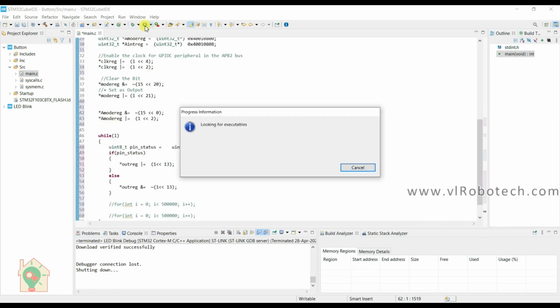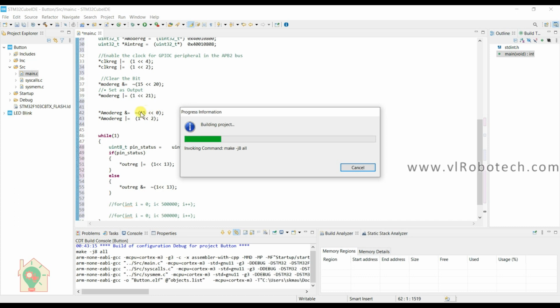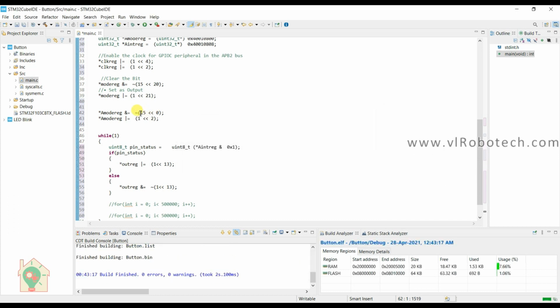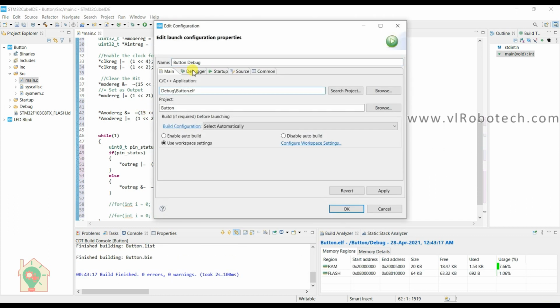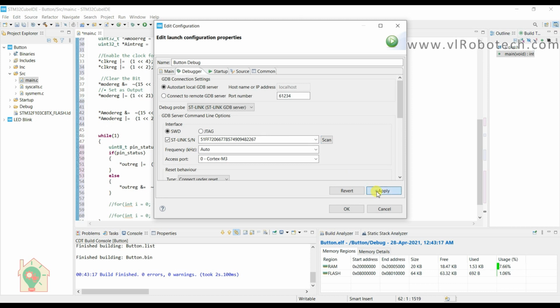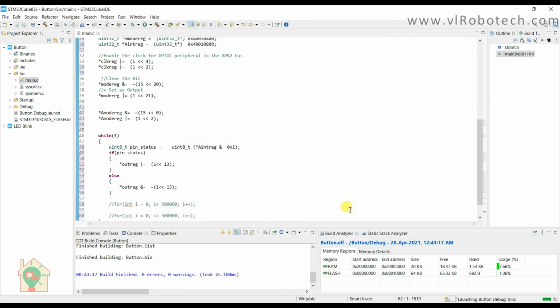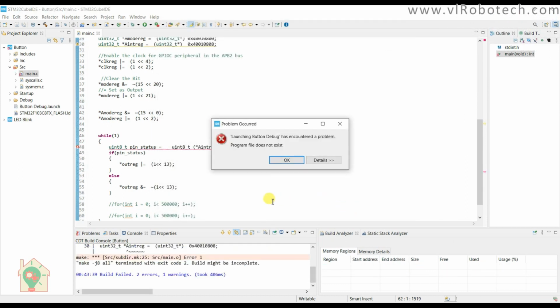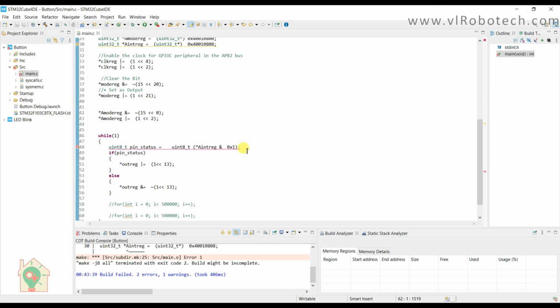Press the run button. I will select a debugger. It is ST-Link, and scan and apply and OK. What is the problem? Okay, I think there is a problem here.